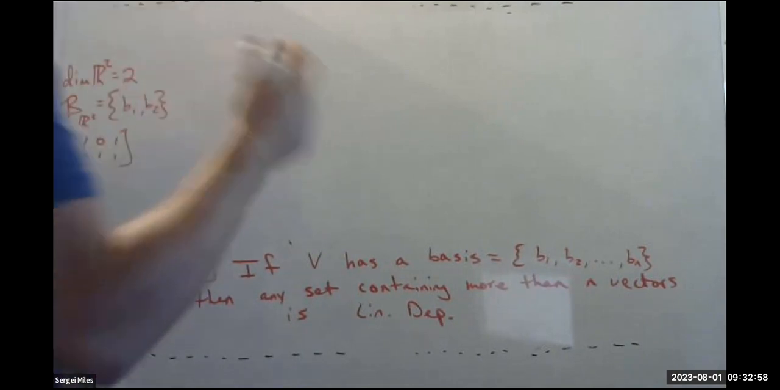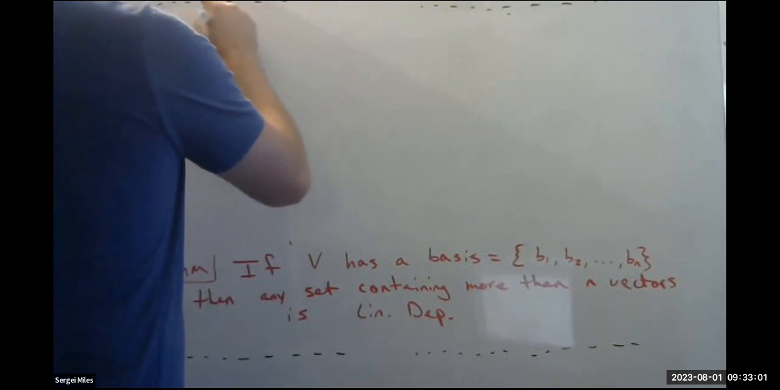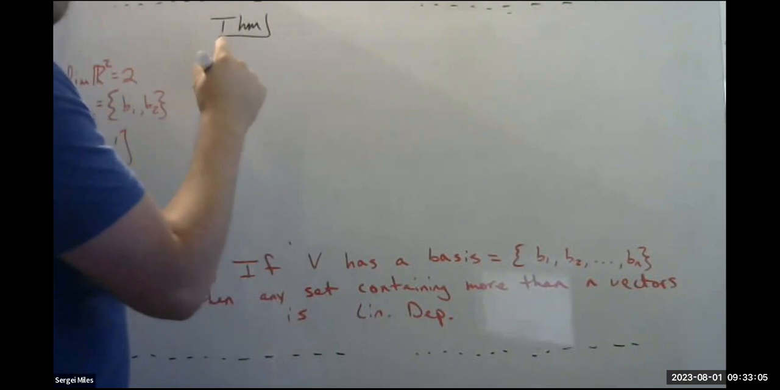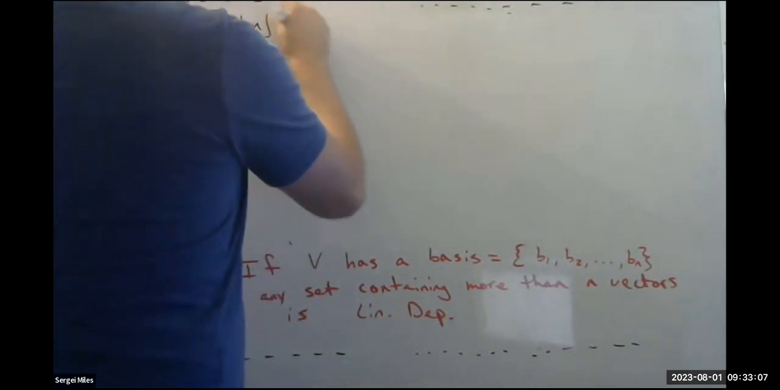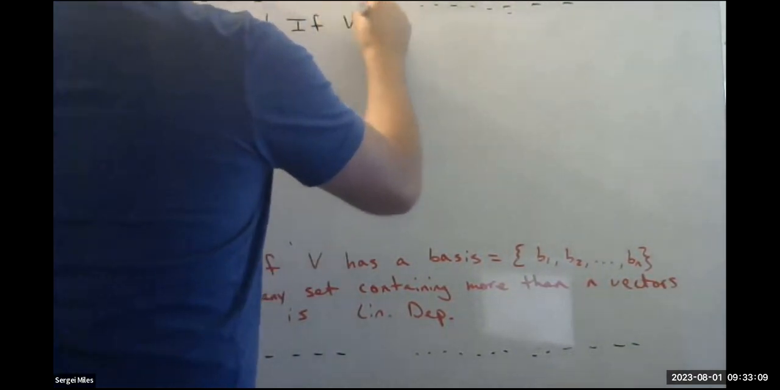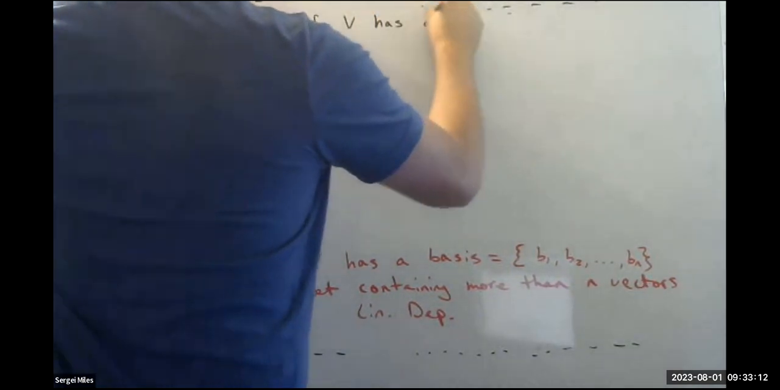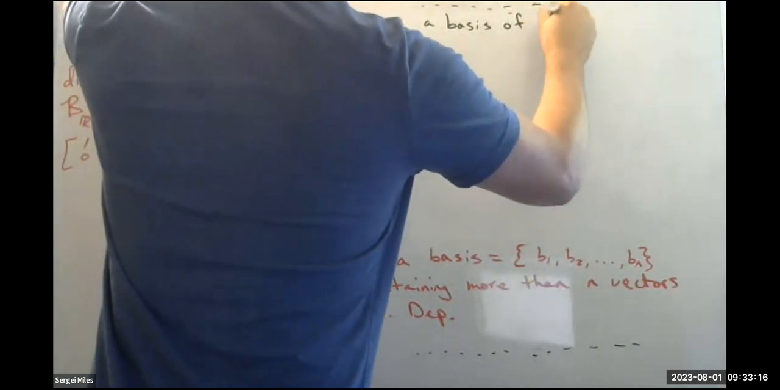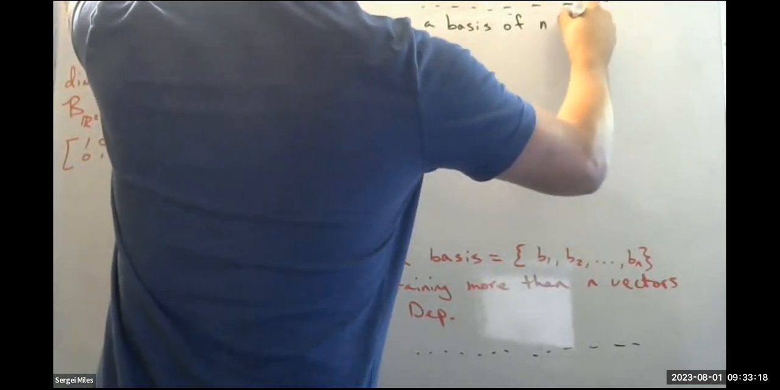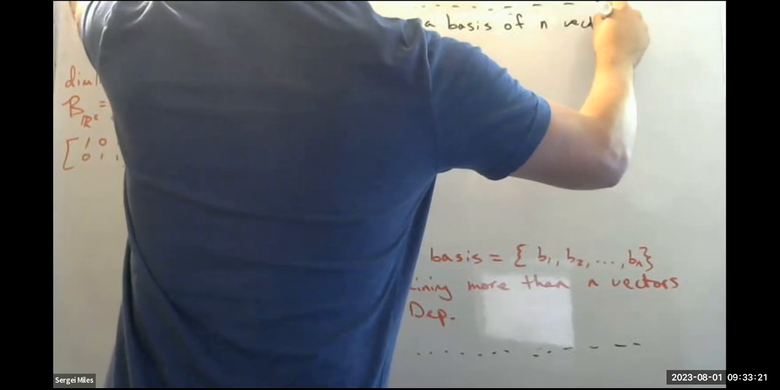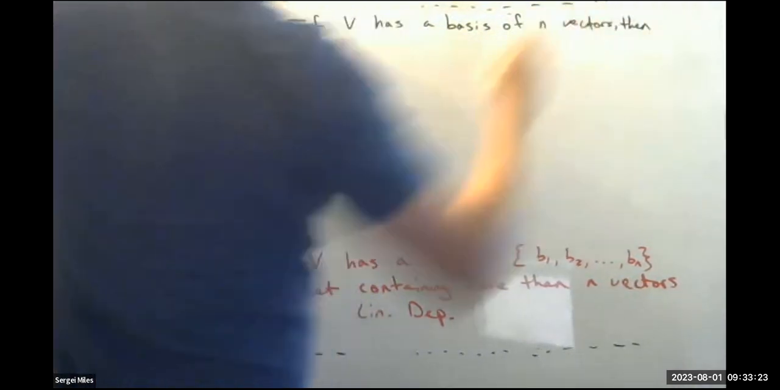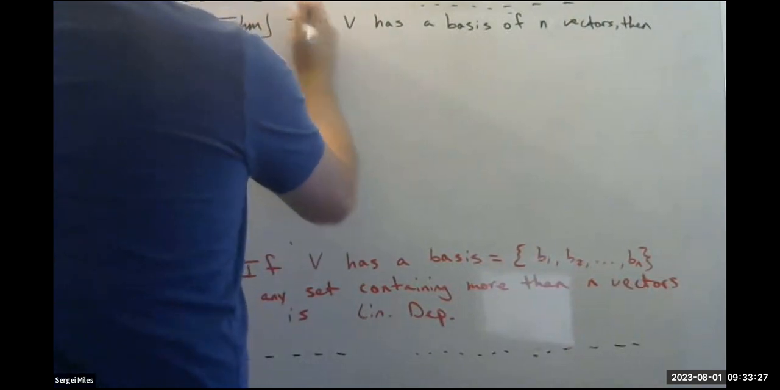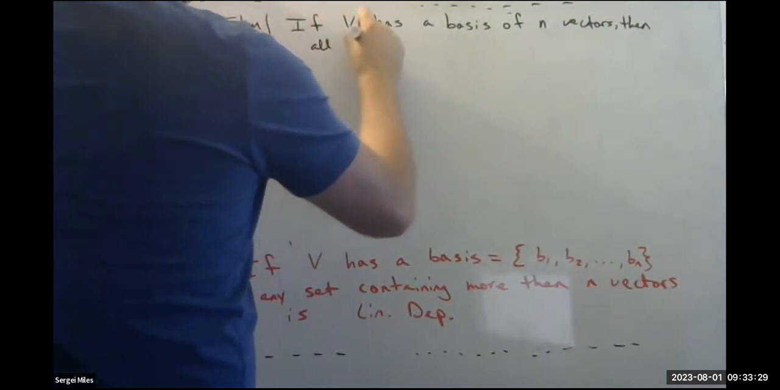Well, this one we've kind of just already been using, but we have it written out in words. We can have this theorem. If V has a basis of n vectors, then all